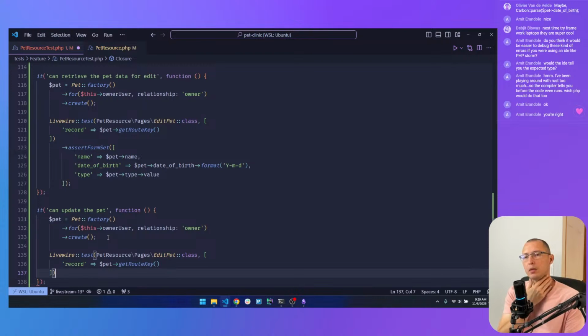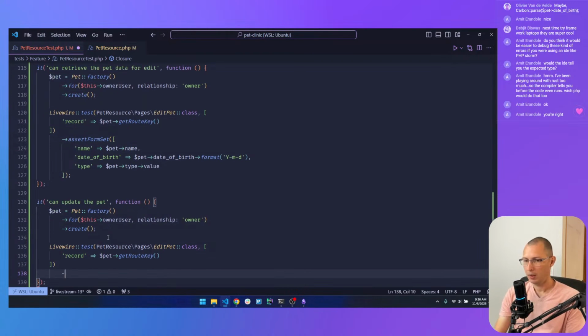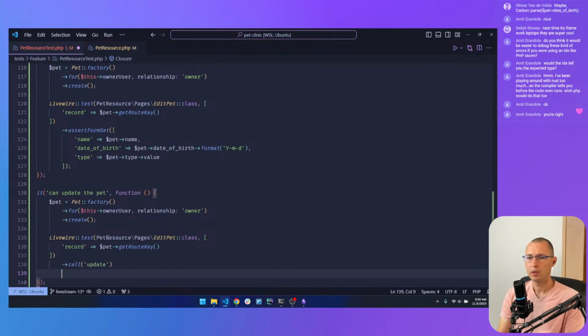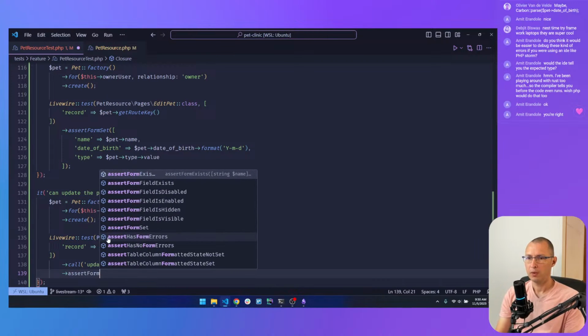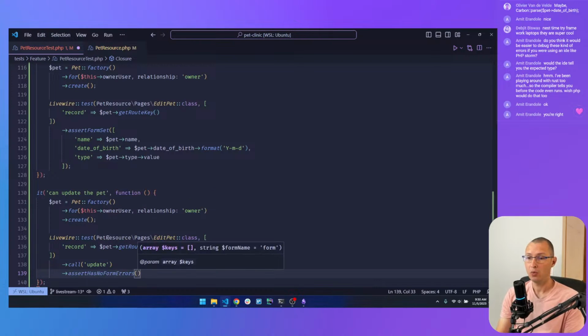And we can then call the update event. I think that's how it's called. We can assert form, assert has no form errors.